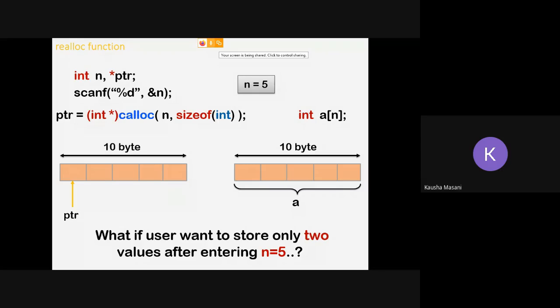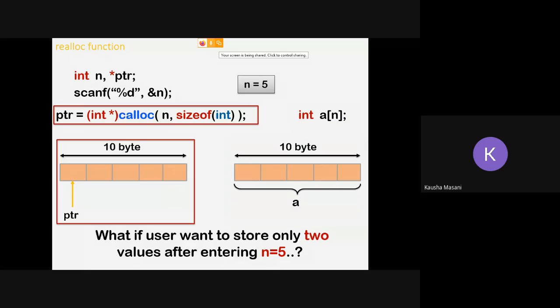But then when comparing with the data, he or she came to know that this time there are not 5 toppers, but only 3 toppers. Now you cannot go with the wastage of memory, right? Here you cannot do anything because it is int a[n]. Obviously there will be wastage of exactly 4 bytes, because you are going to enter only 3 toppers' information. But in the case of your calloc, it can be handled with the help of your realloc.